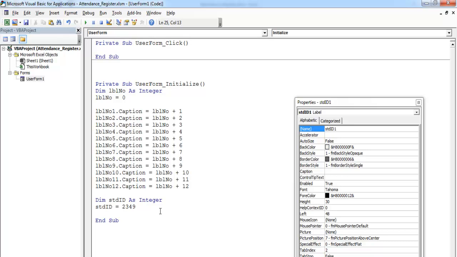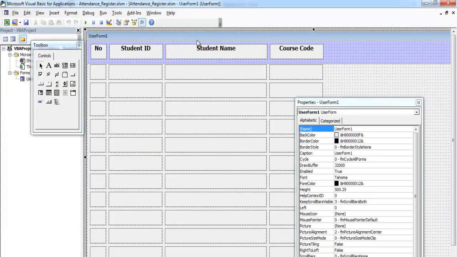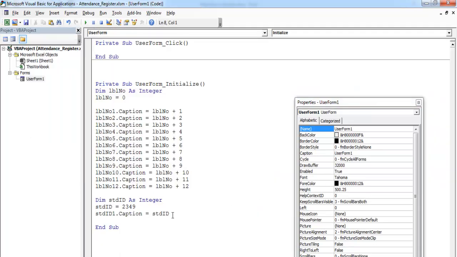Okay, that's my student ID there, and student ID 1 dot caption equals student ID. So if I run this, that will give me the first student ID number. So maybe we can just increase that by some other value. So copy,